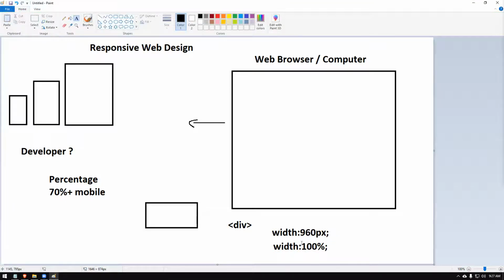Please understand that if someone says you cannot build responsive websites without Bootstrap, that's totally wrong. I have even published an article about a website that auto-generates code for you. You can use that site. Without using Bootstrap, you can create your own responsive websites. It's very simple to do that. But why we make use of Bootstrap, we will talk about when we do Bootstrap. I'll tell you why Bootstrap is good and how to use it.